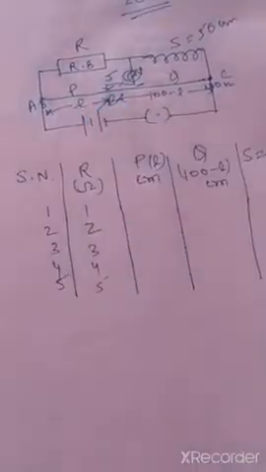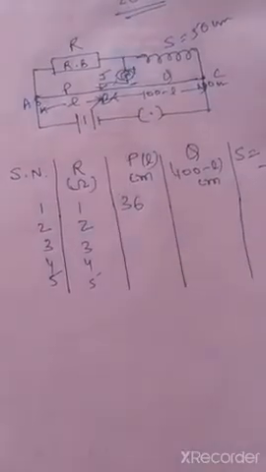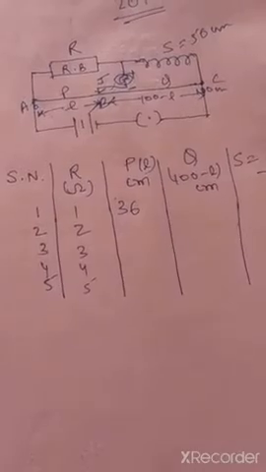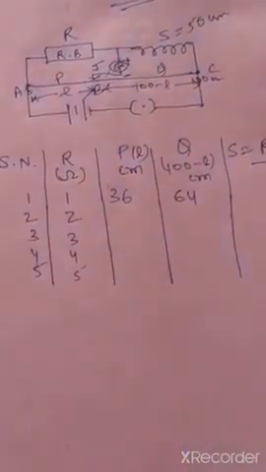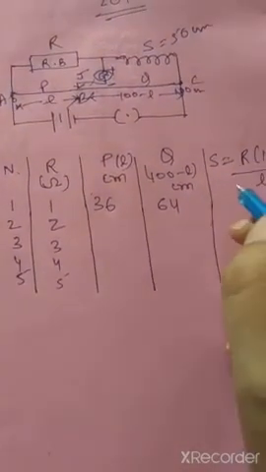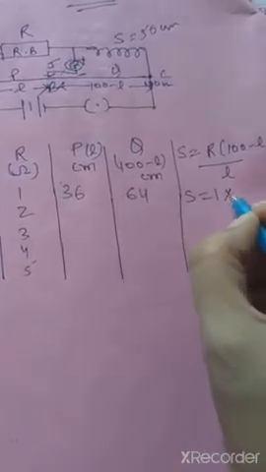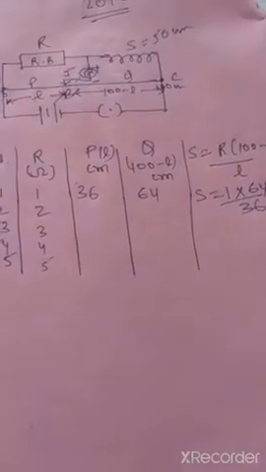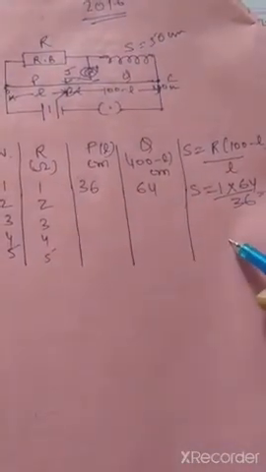Then note down the value of L. Suppose you are getting L as 36. On 36 you are getting null deflection, so this will become 36 and 100 minus 36, so this will become 64. Is it so? And then this S will become, if you are taking R as 1, 1 into (100 minus L), which is 64 upon 36. So this will become your value of S. Now the same process you will apply for 2, 3, 4, 5. Each time you will get the value of S.